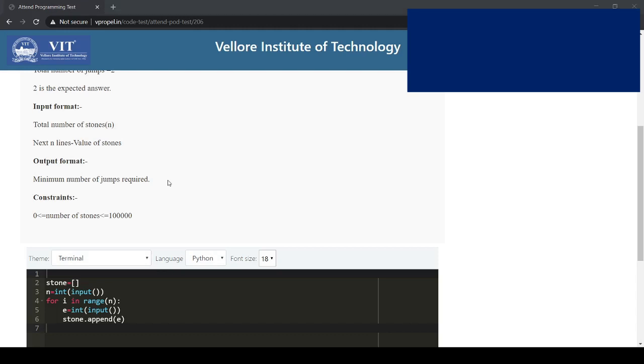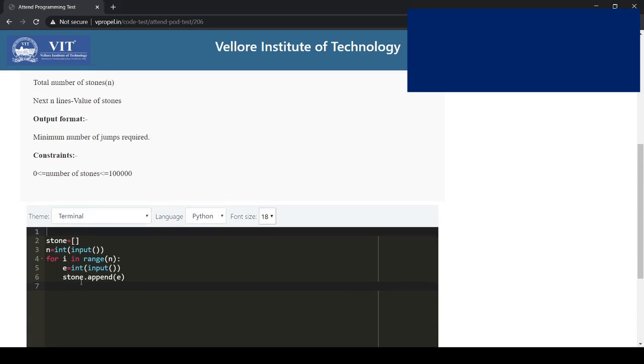For that, we are going to open a list named tree, in which we will store all the possible stones at the ith jump. At the first jump, where all can Yogi land? At the second jump, where all can Yogi land? So with these jumps we are going to see the landing positions. We'll create tree as an empty list, and keep the number of jumps equal to 0 till now.